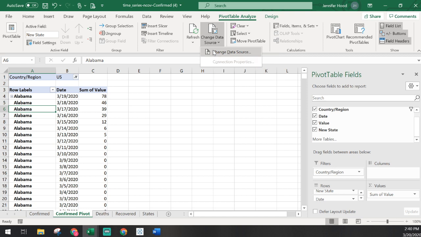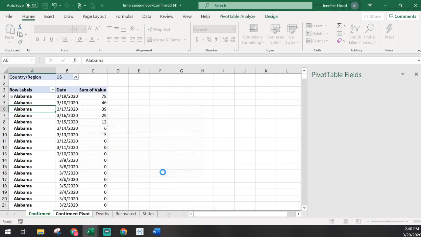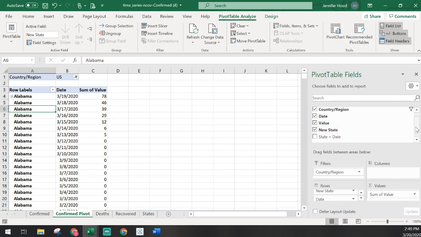Pivot table analyze, change data source. And we just need to take this E and change it to an F. And click OK. And so now that pops up as a column that we can put into our table. So I'm going to take that state and date, and I'm going to drag it down here into my rows after my date.